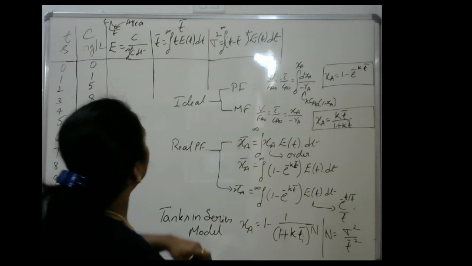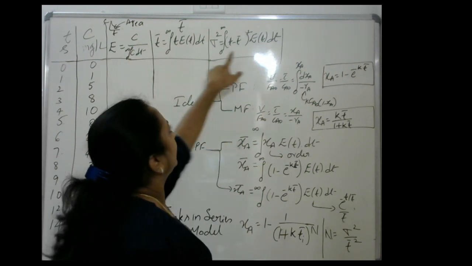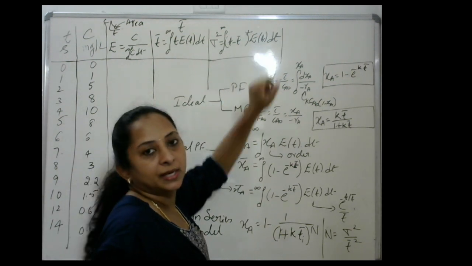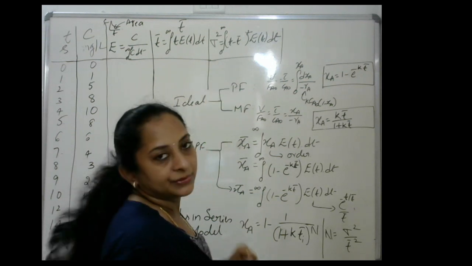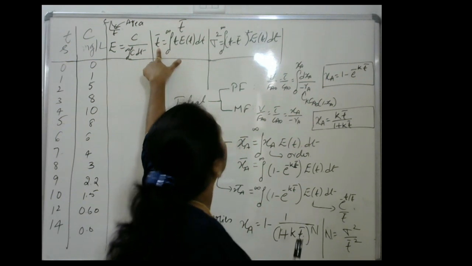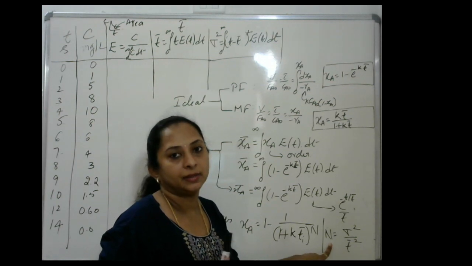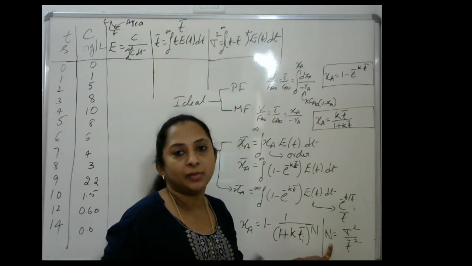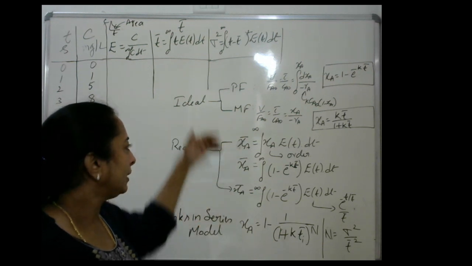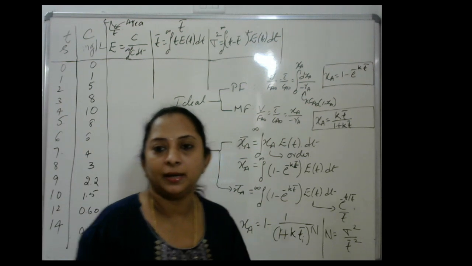So what are you doing now? You have T and T bar. So find a series of values of T minus T bar whole square into E of T. Plot it versus T to get the value for sigma square. Once you have sigma square and T bar, you can find the value for N, the number of tanks. Once you have the number of tanks N, you can also find the value for XA. Okay. So check the values, find the values and let me know the values.